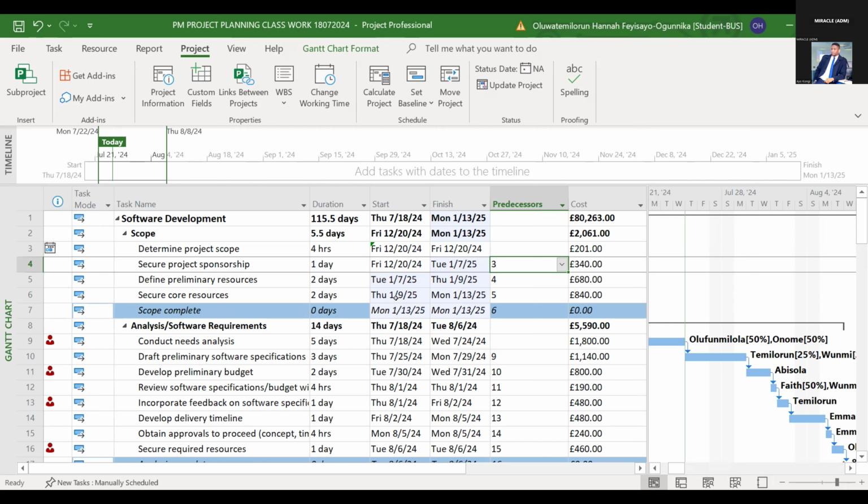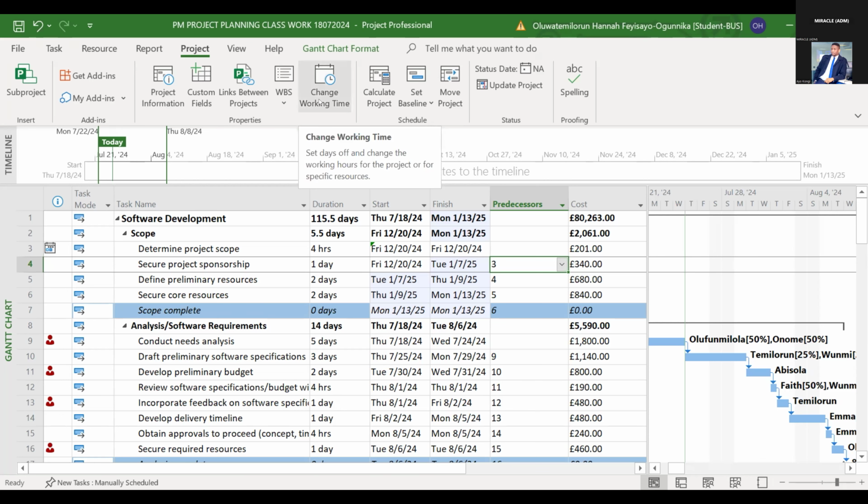Another thing we can also do with calendar, remember I said we have some activities that need to be conducted over the weekend. Let's assume conducting analysis is starting on a Thursday and is finishing on a Wednesday. Let's assume this particular task needs to be done on weekends. So we need to do that on Thursday, Friday, Saturday, Sunday, Monday, as against Thursday, Friday, then we go on weekend and we come back on Monday, Tuesday, Wednesday. So we need to make sure that we develop a calendar that can obey weekends. Okay, so let's go to